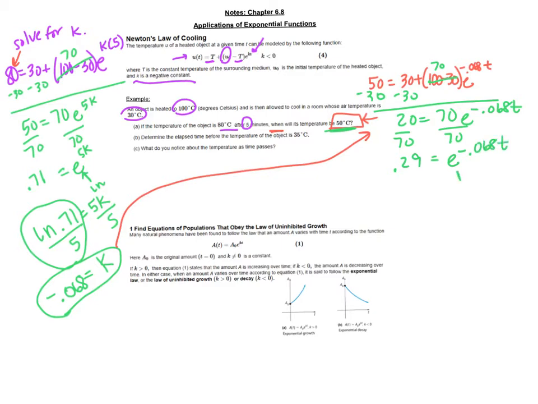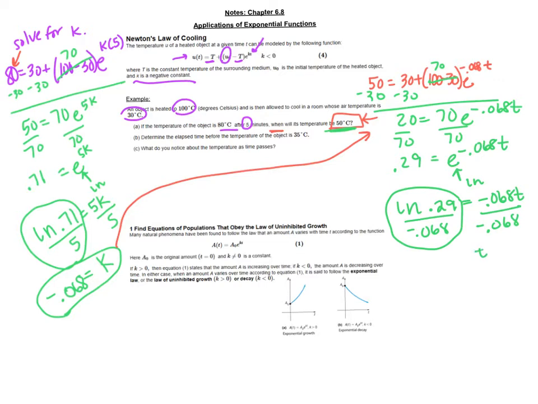Now to get rid of that e, I'm going to introduce my natural log. So I'm going to natural log that 0.29. Then I'm going to divide it by that negative 0.068. Again, I'm going to wait until now to go to my calculator, plug that in, and I'll figure out what the time is. So plugging all that in, I get about